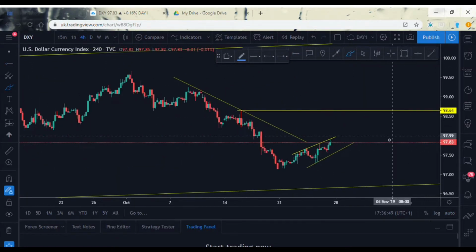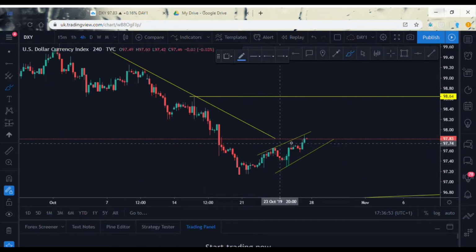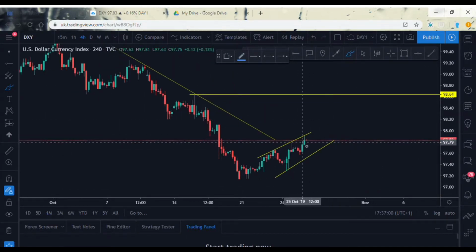Breaking down to the 4 hourly, it's starting to become more clear now that this is a bear flag, and we've got a 1, 2, 3 touch pattern. So this is completion, and the pattern plays out to the downside. So we've come from this impulse, we've got this bear flag, 1, 2, 3, and we'll be looking for that